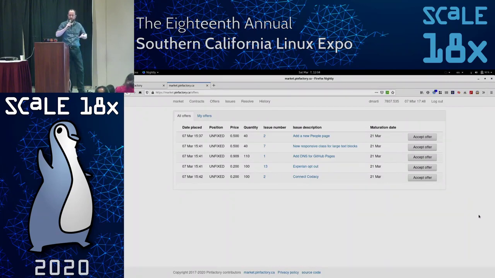So in effect, they're offering to buy the unfixed side of that futures contract at a price of 0.5. Somebody else might make a better offer. So as the person who's clicking accept offer, you can choose offers to accept.